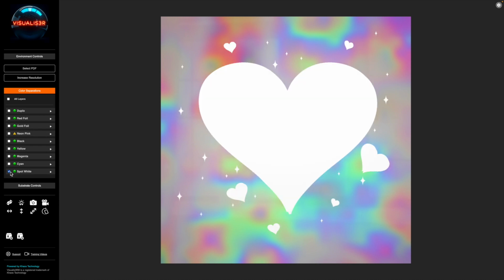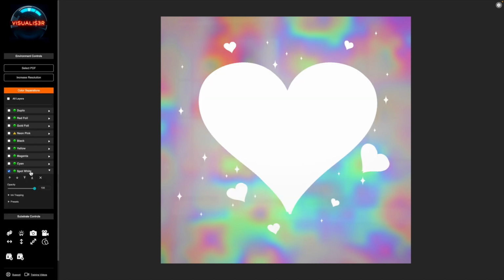Now we're going to put a white ink down. So the white ink that we created, that's our spot white. Now we had to color it up a cyan color in the artwork file because you can't see opaque white on your computer screen. One of the main reasons why you don't see anything correctly. So this is the white. Now we can also change the opacity. So maybe on the